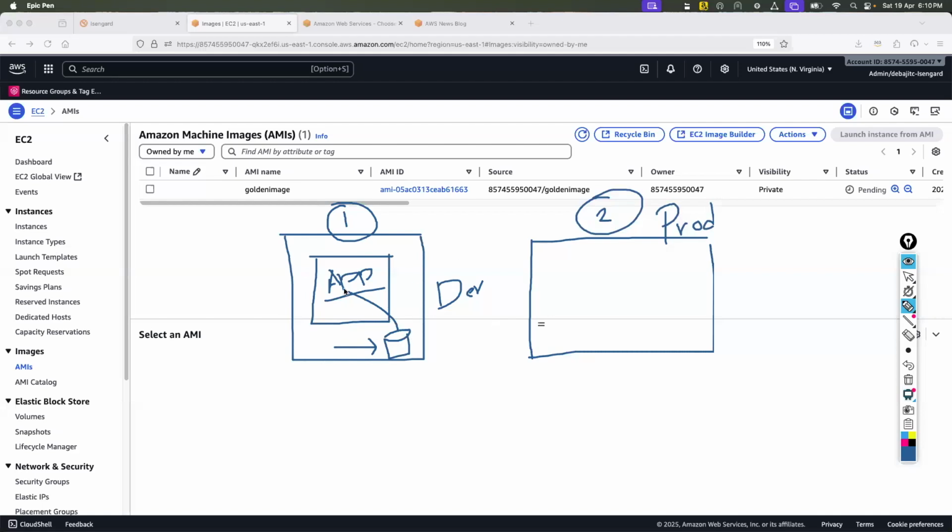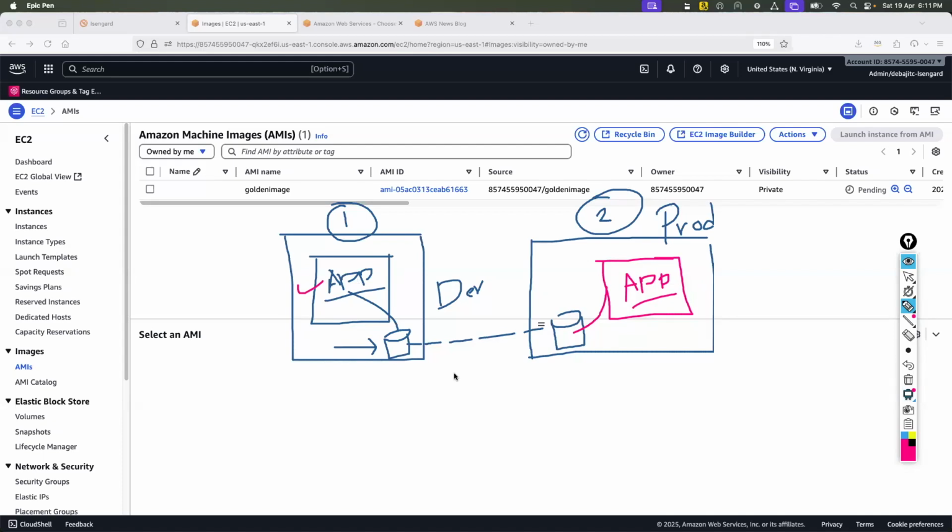If I want the same kind of configuration on another server in production, I simply copy this particular AMI to the prod AWS account, and from there I can create another EC2 with the same app installed. That means my image will be transferable from one account to another.